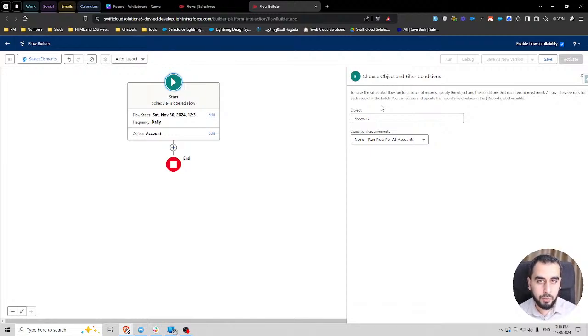And I will say this now, and then we'll expand on this further in a little bit. For each one of those flow interviews, if you have a DML, and DML stands for data manipulation language, which means create, update, or delete. Whenever I say DML, I'm talking about a create element, an update element, or a delete element. So if you have any one of those three, if you have any DML in the flow,